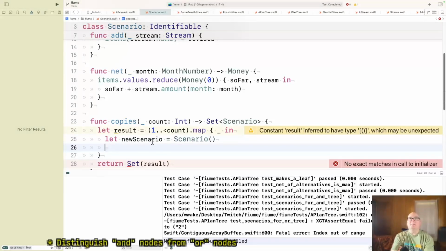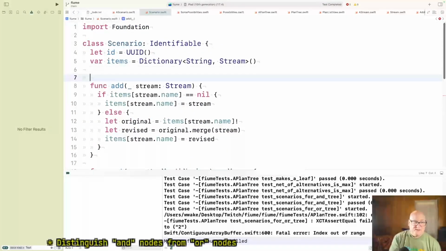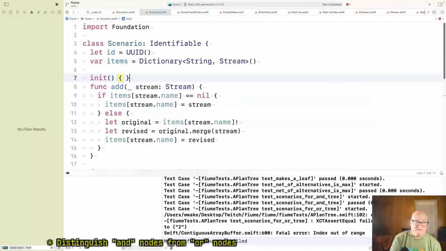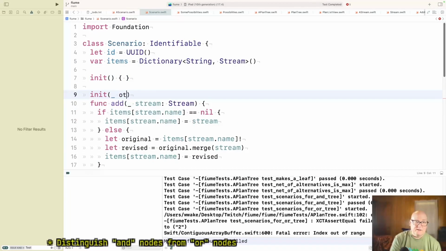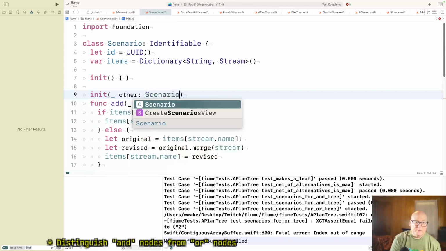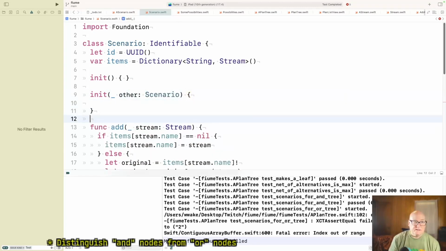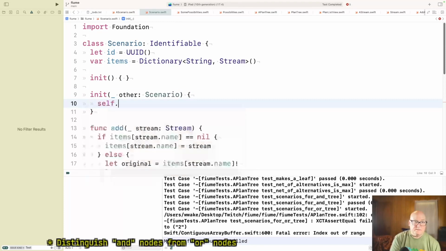Well, I would say no, it's not going to return itself. It always returns a new scenario. But I'm admittedly fuzzy, but I think what I'm seeing here is that we want to say scenario self. We do want those initializers back and forth. Okay, so init, like we have, is simple. Init of other of scenario is self.init. Isn't it how you do that?